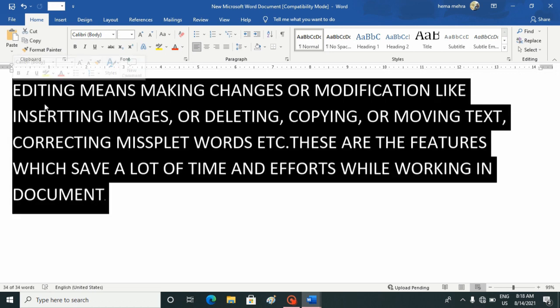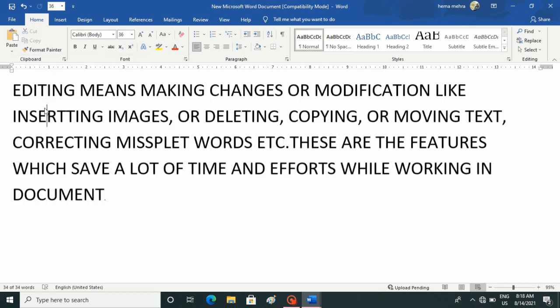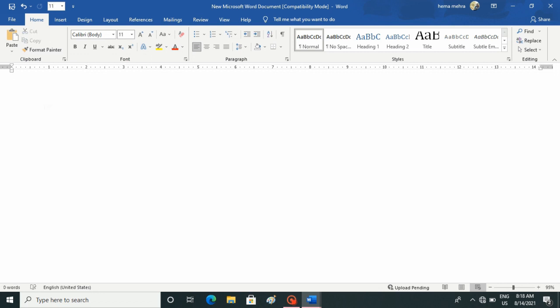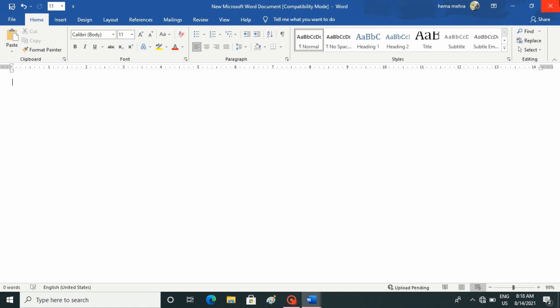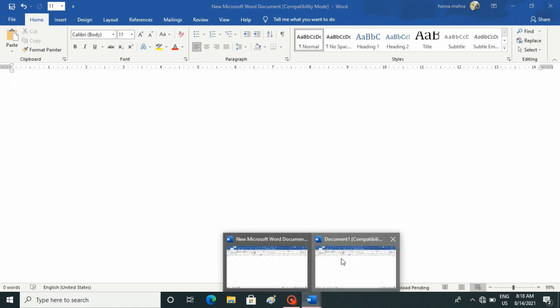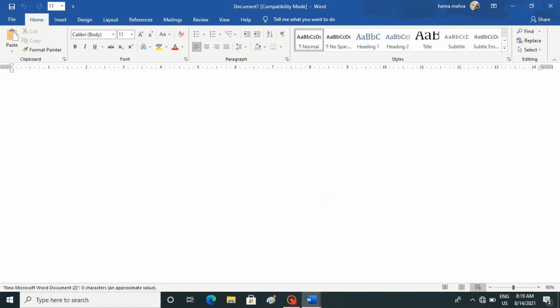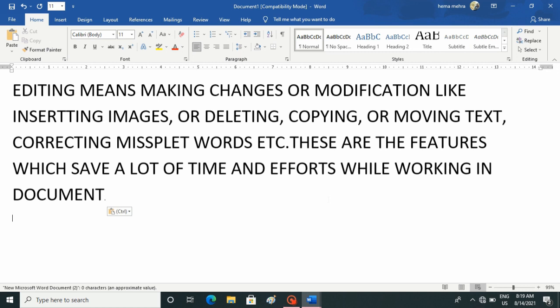I am moving this part of the document by simply pressing Ctrl plus X. I have cut it from this document. Now I will paste in the new place by pressing Ctrl plus V. This helps us to make changes from our older document to the new one.